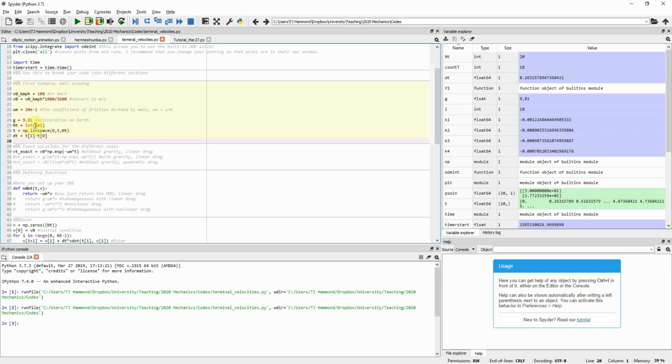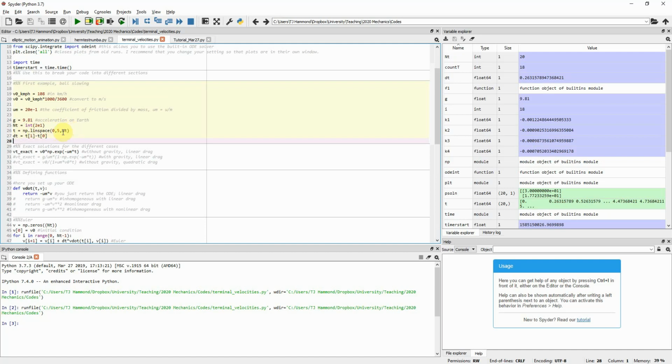As I mentioned previously, if we wrote 20 here, as in 2, 0, and nothing else, that would automatically be an integer value. But writing in scientific notation of 2e1 makes it actually a floating number, and so you can't pass that into linspace. What you need to do is define it as an integer. Same thing if you called it 20.0, you would again need to make that an integer so that linspace can read that value. All right, so t, we just have a linear spaced array from 0 to 5 seconds